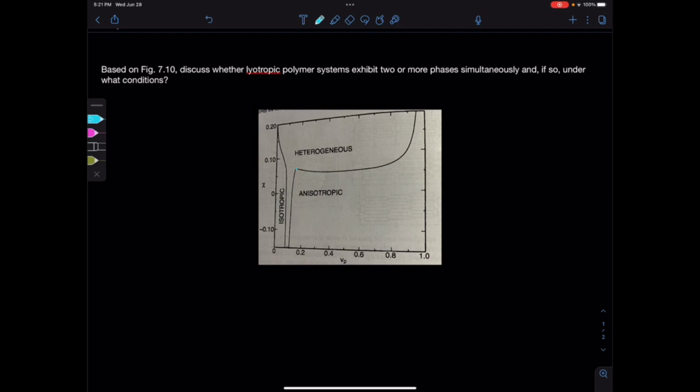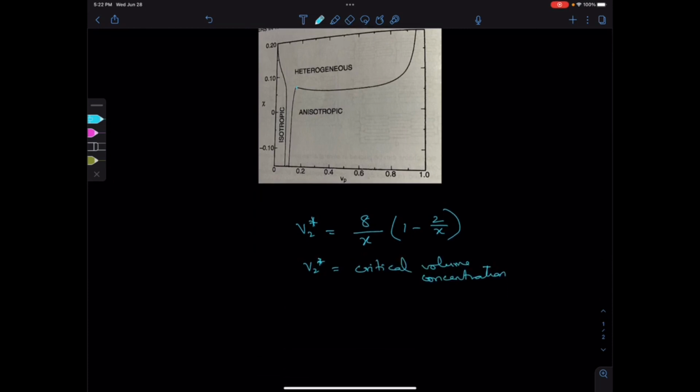So Flory observed a transition from complete disorder, which is isotropy, to partial order with a change in concentration, and it was observed that it followed this equation: V2 star equals 8 over x times 1 minus 2 over x, where V2 star is the critical volume concentration, when you find the abrupt change from complete disorder to partial order. And here x is the aspect ratio. It's also called the axial ratio,